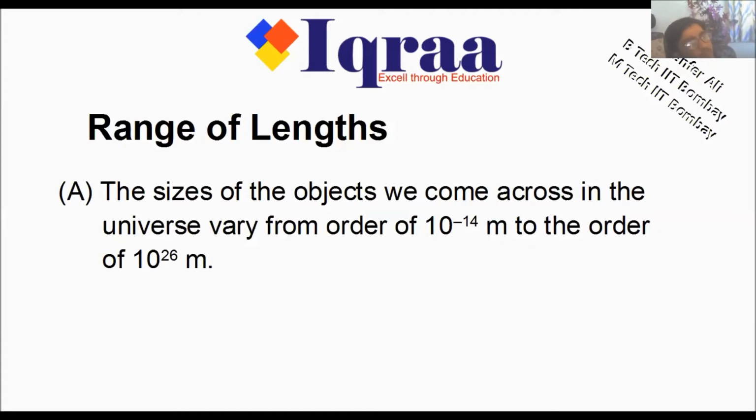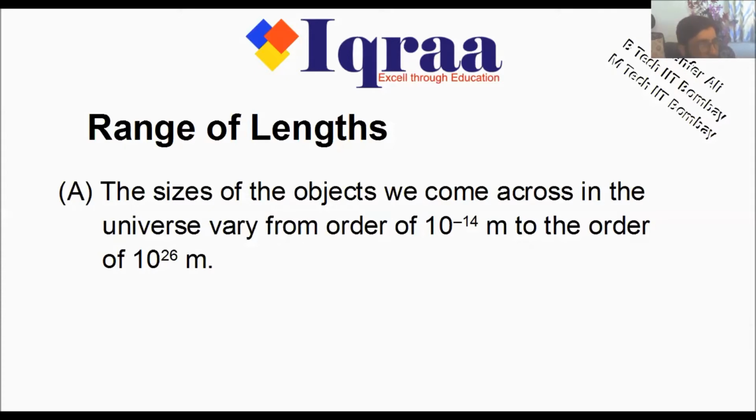For example, if you want to find the distance of the sun from the earth, we cannot directly measure it using a scale. So we use the indirect method. We use the parallax method to measure the angle, and with that measured angle, we calculate the distance of the sun from the earth, or, let's say, the diameter of a distant star. We use indirect methods. Okay, so that was a brief introduction of measurement.